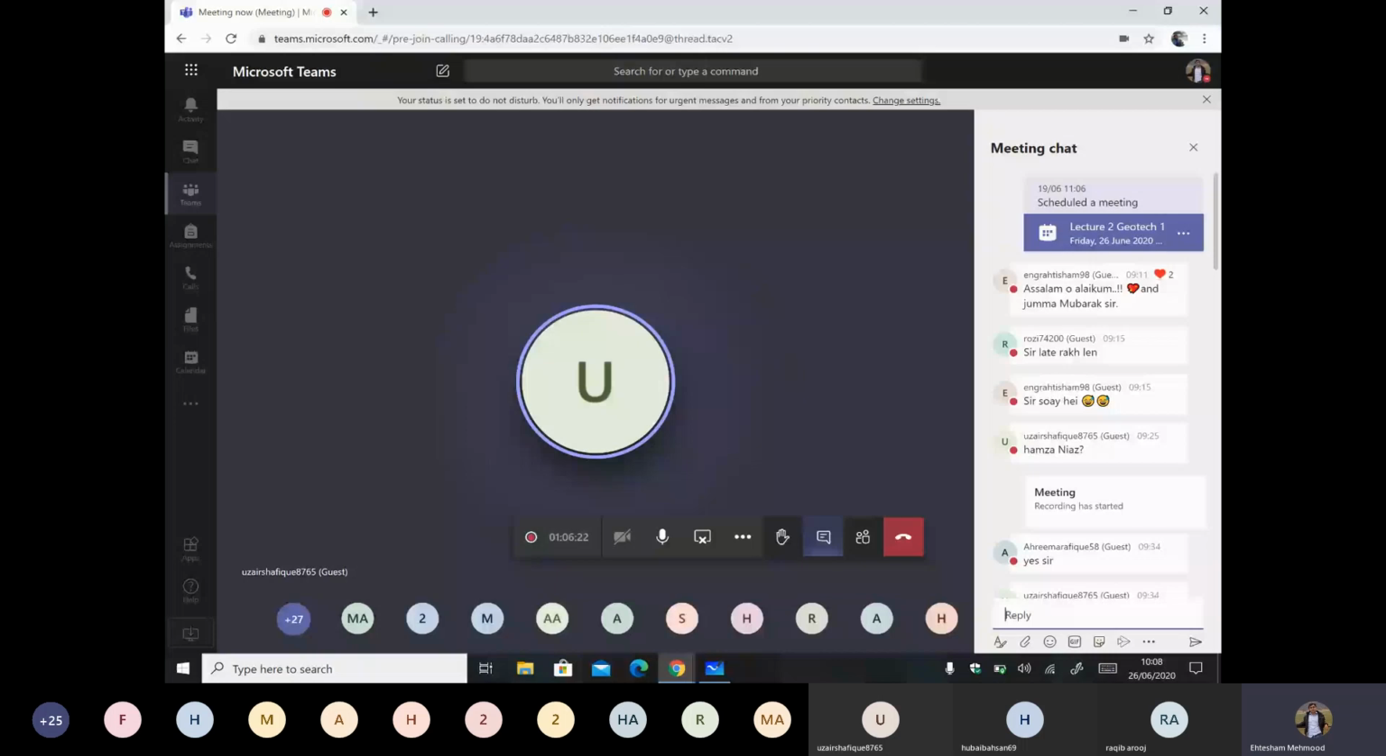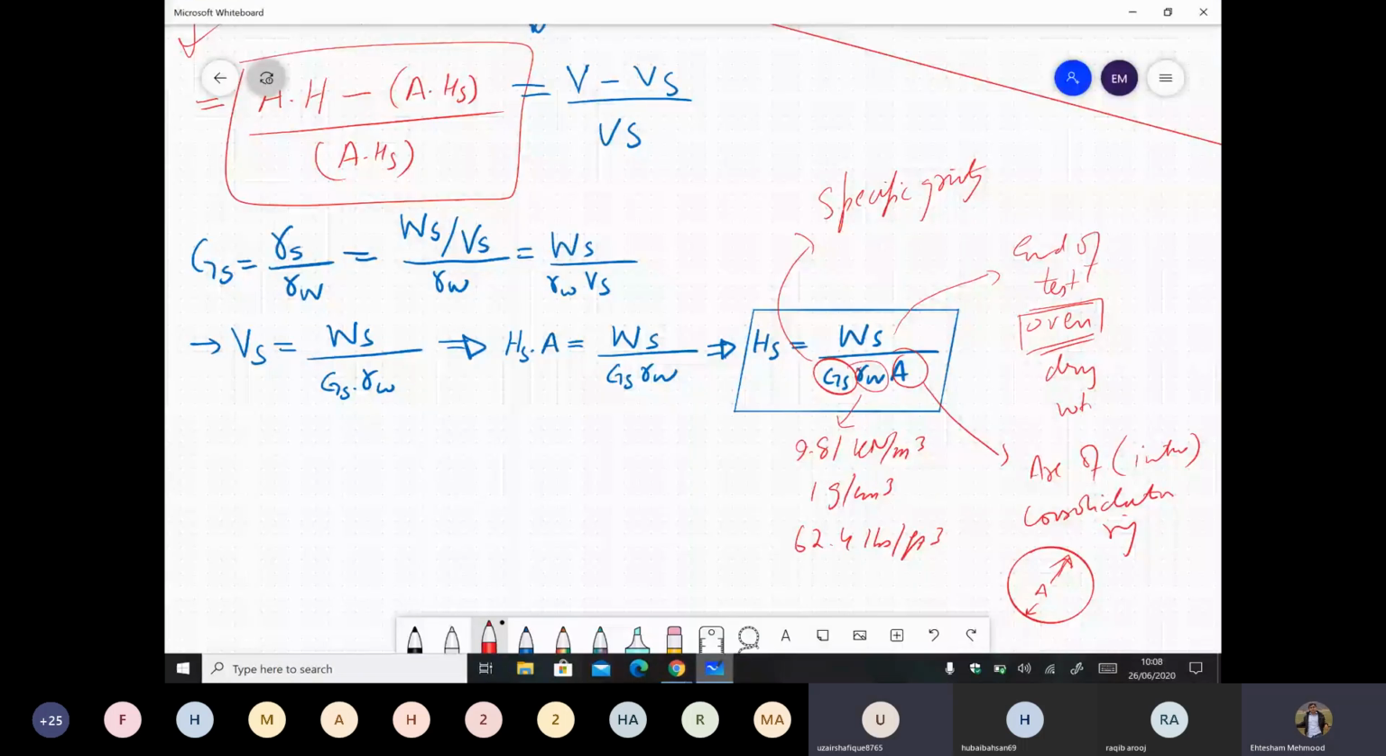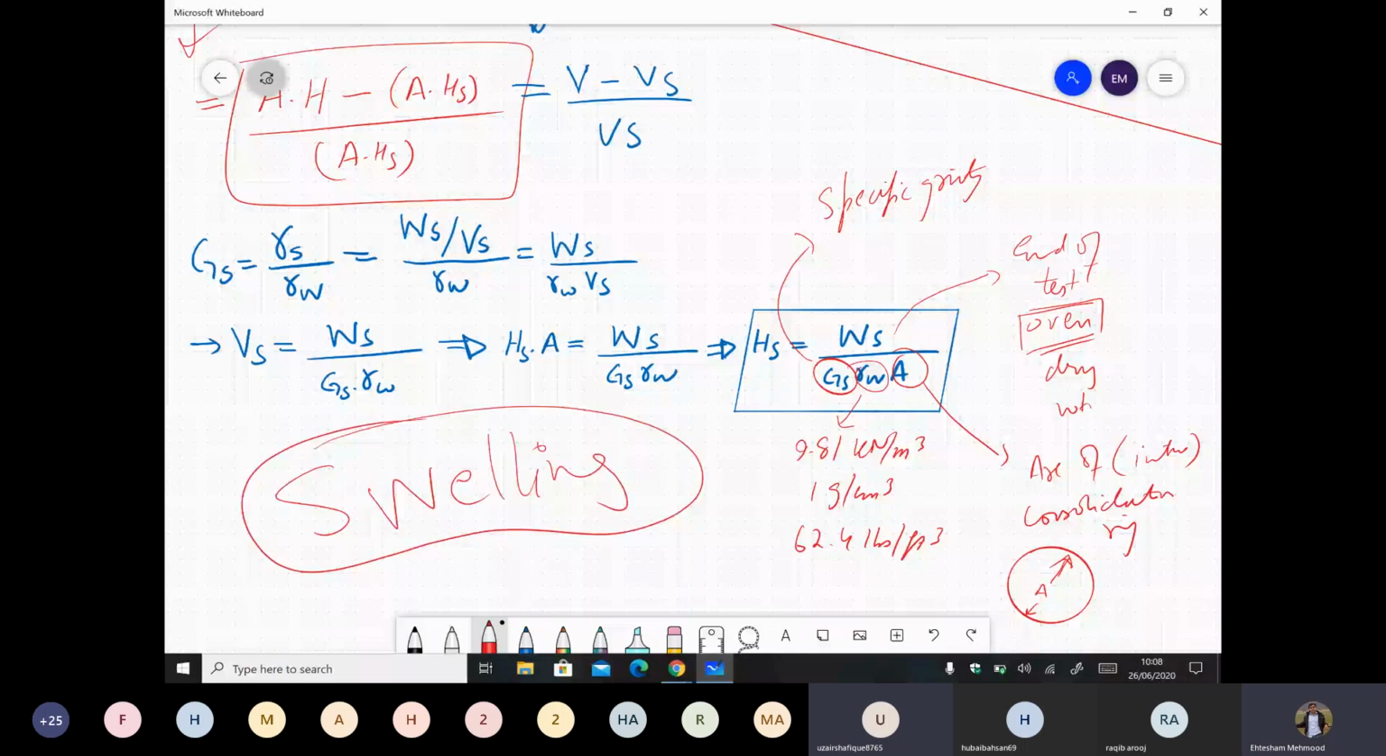Can you see my screen? Yes, sir, I can see, but there is nothing on the screen still. Yes, sir, now it's clear, visible. Okay. So there are two reasons actually. One reason for unloading is swelling, and the second reason is